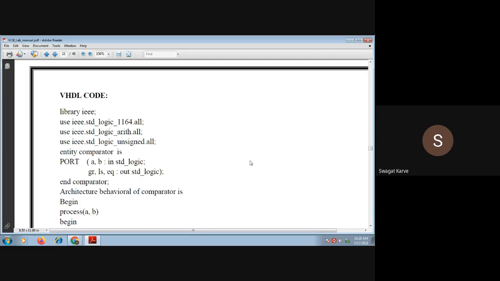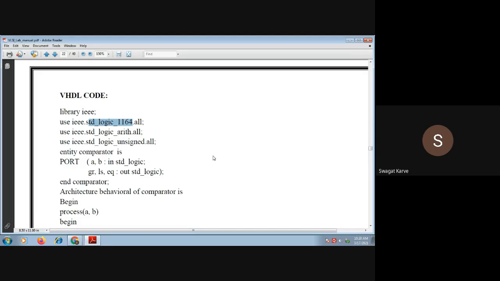Now here is one thing that you need to understand. Up till now, in the programs that we have discussed, how many libraries have we used? Only one library, that is std_logic_1164. But in the case of a comparator, is comparison an arithmetic operation or a boolean operation?